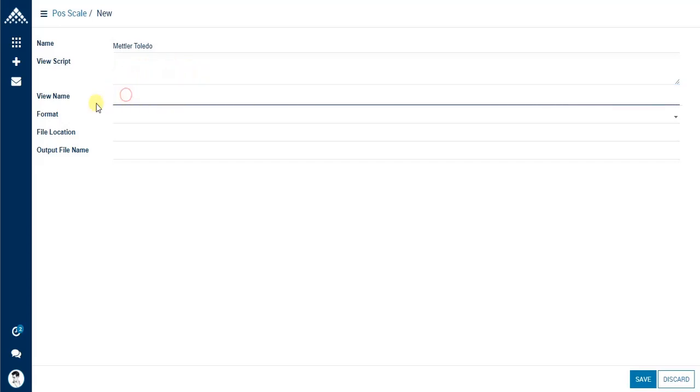And then this is the view name that you need to specify. It is actually a SQL Server view, which we need to put in here. For example, this is the name I'm going to give for this example. And then I will show you on the SQL Server also, this view must be available in order to